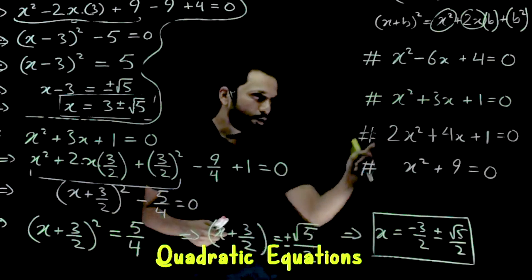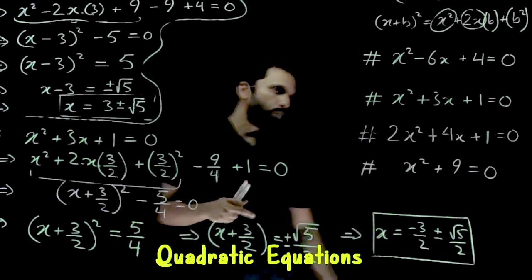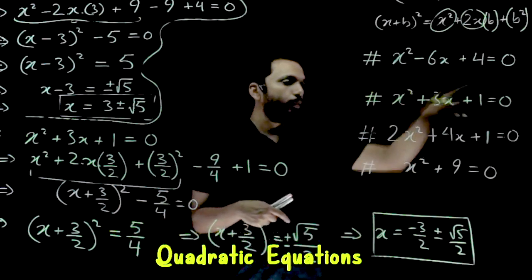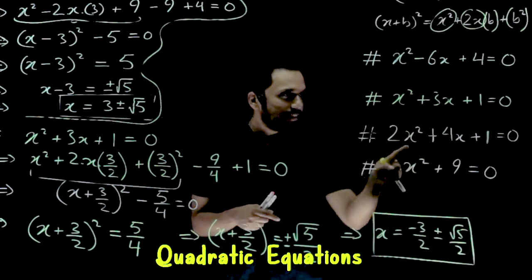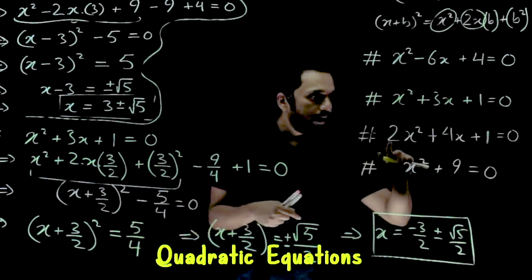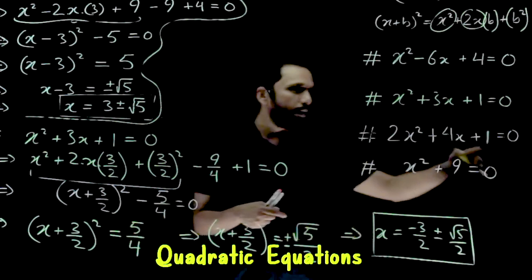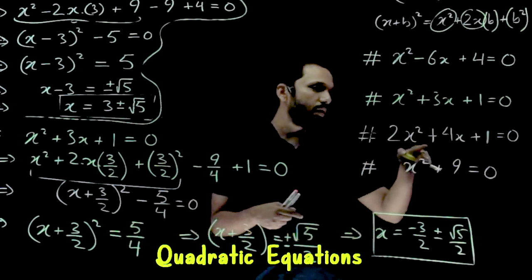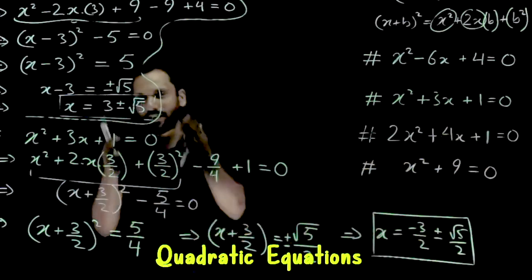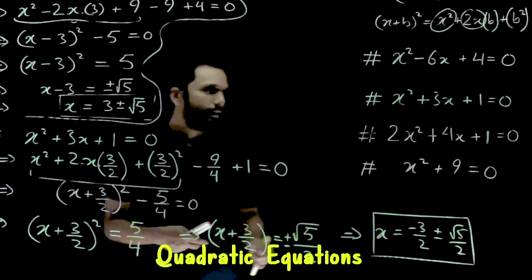I'll rather give a hint how to do this one. So instead of a plain x square, you have a 2x square over here. Now, I hope you have got comfortable in doing these kind of questions. So make yourself comfortable in this also by converting this to that. Meaning to say, take 2 common all over, and put the 2 on the other side. 2 goes down, 0 by 2 remains 0 itself. So this quadratic equation is as good as x square plus 2x plus 1 by 2 equal to 0. And don't worry about the fractions, because as such you're landing up with fractions in these cases.